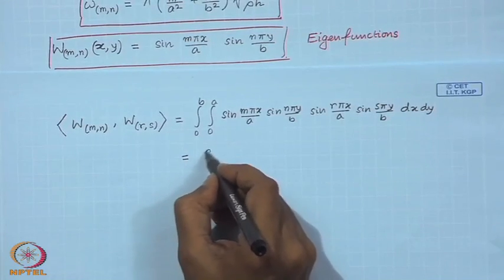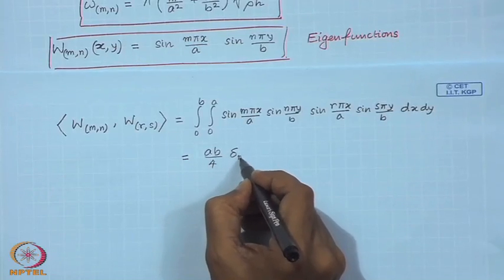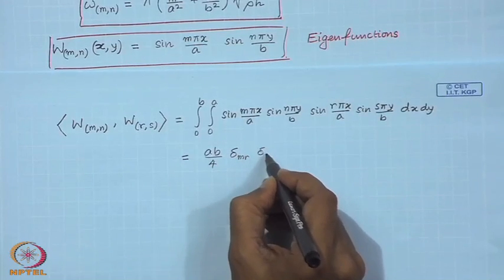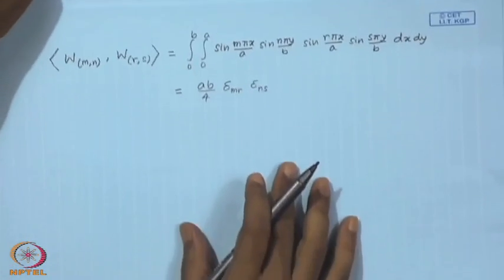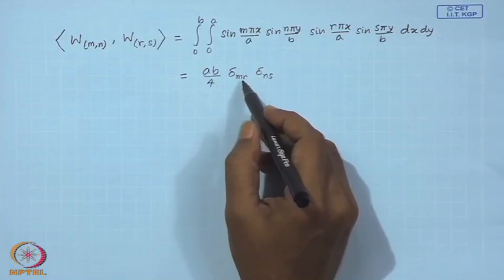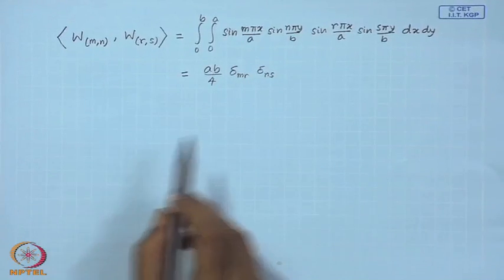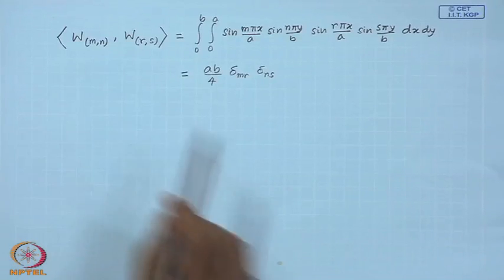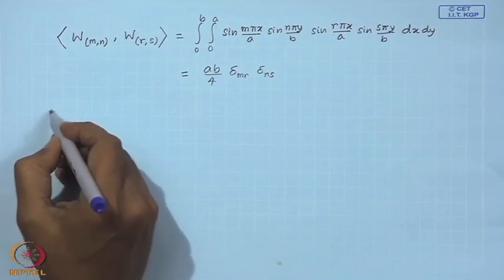So, that is A b over 4. These are the Kronecker delta functions. So, they take the value 1 when the two indices are equal. So, these eigenfunctions, they are orthogonal, and the general solution we can write down